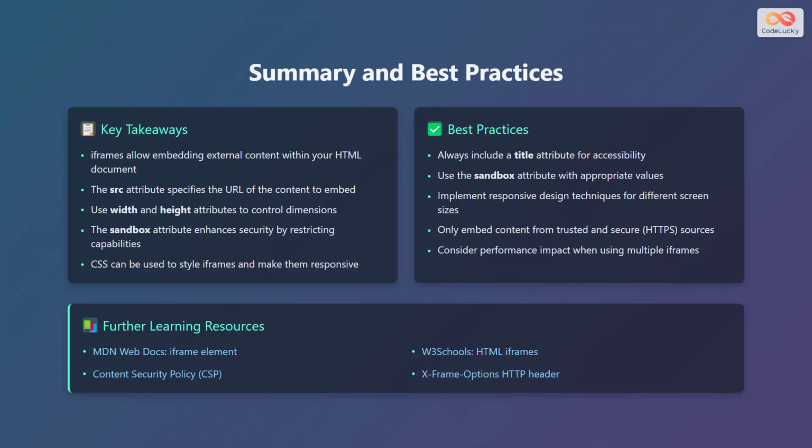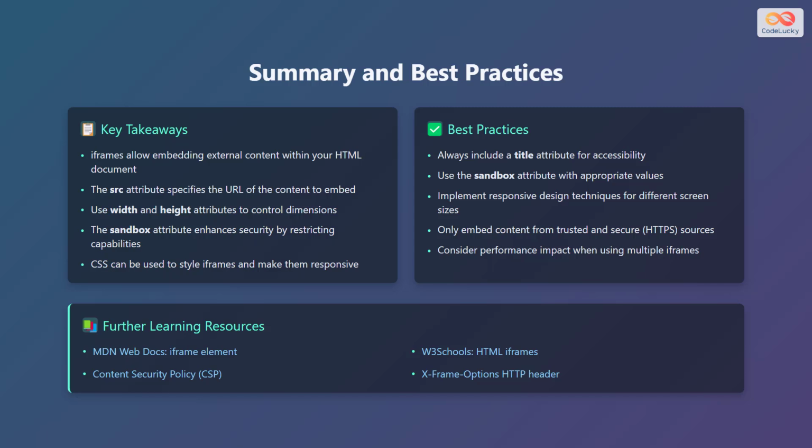Let's summarize what we've learned and review some best practices for using iframes. Key takeaways include: iframes allow embedding external content within your hypertext markup language, or HTML, document. The source attribute specifies the uniform resource locator, or URL, of the content to embed. Use width and height attributes to control dimensions. The sandbox attribute enhances security by restricting capabilities, and cascading style sheets, or CSS, can be used to style iframes